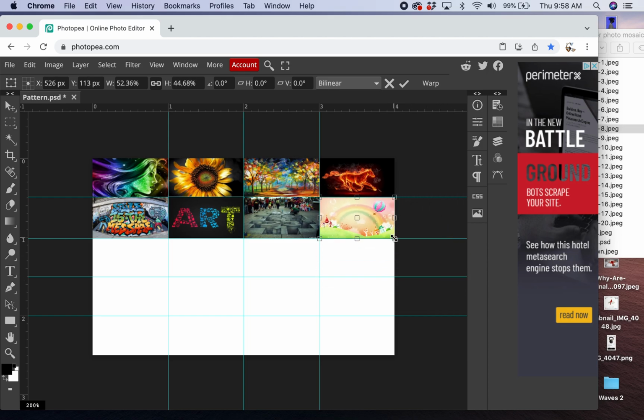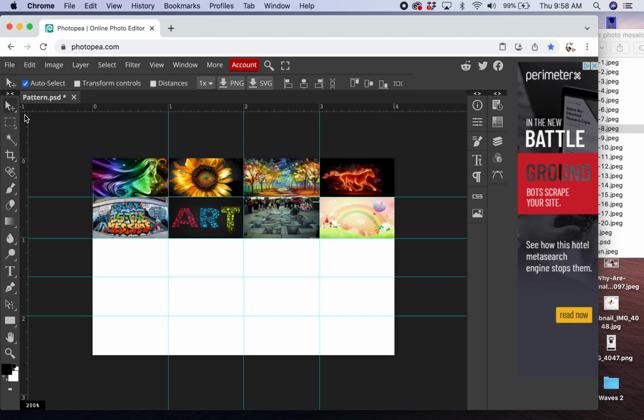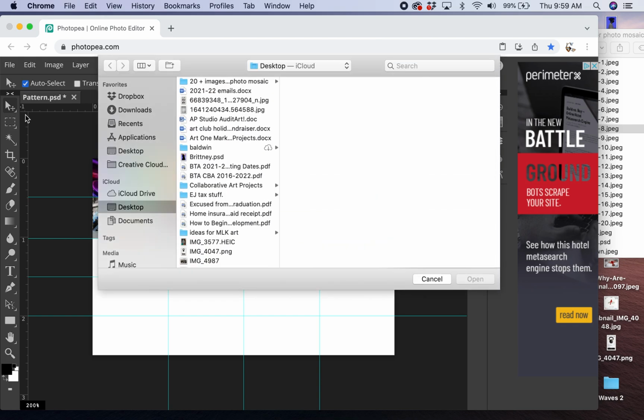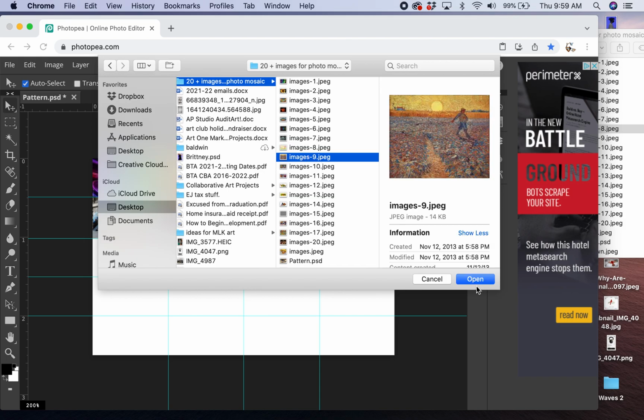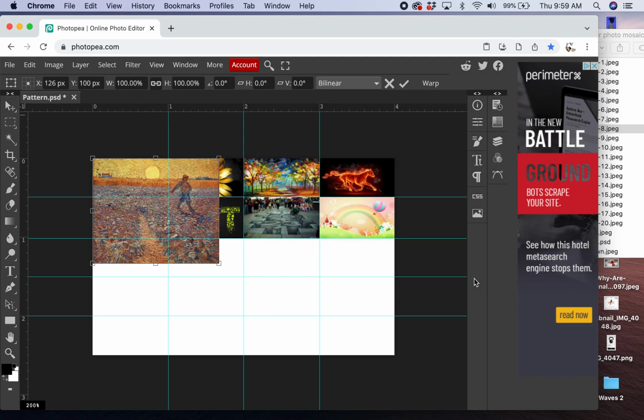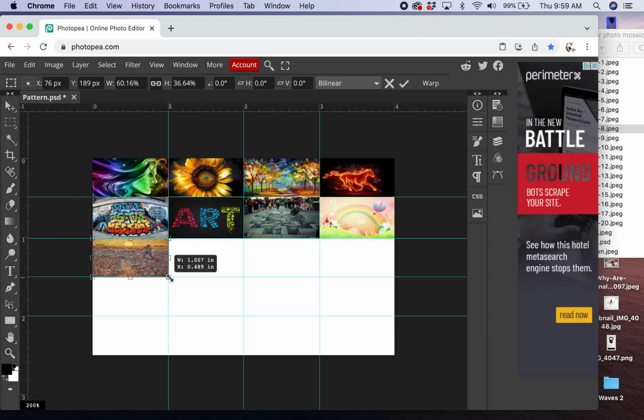You can go up to the word File, and you can do Open in Place, and you can find your file through Open in Place. So you go to your folder, and then you find your file, and then you hit Open, and it'll put it into your document as well. So you do what works for you. As in Photoshop, there's 20 ways to do the same thing in Photopea as there is in Photoshop. So